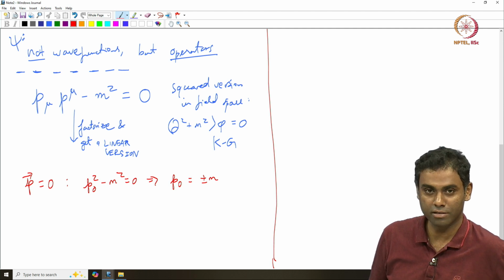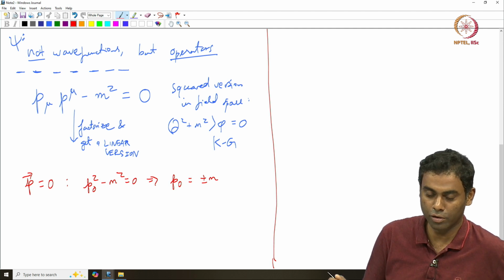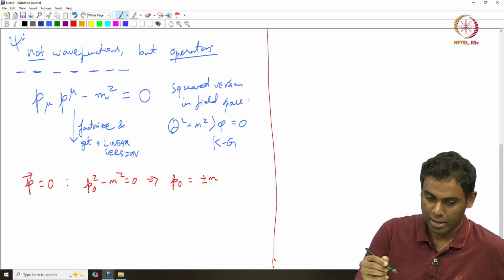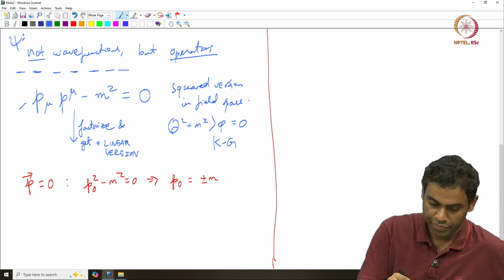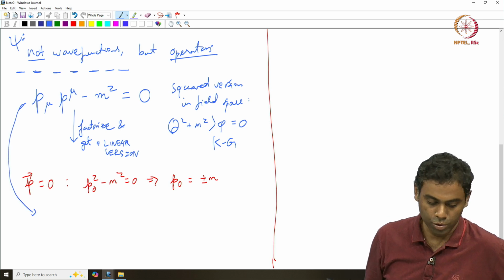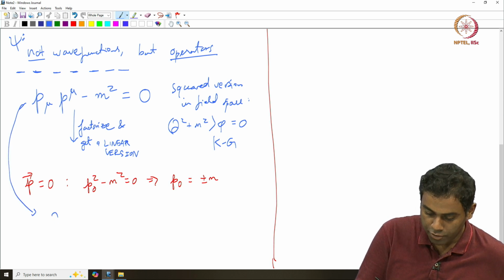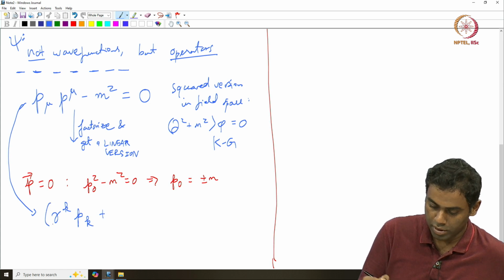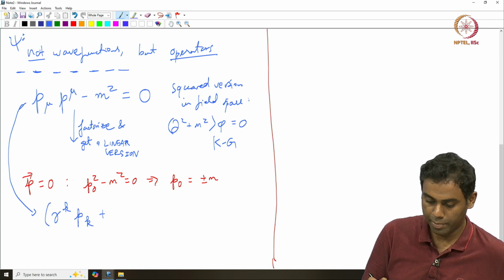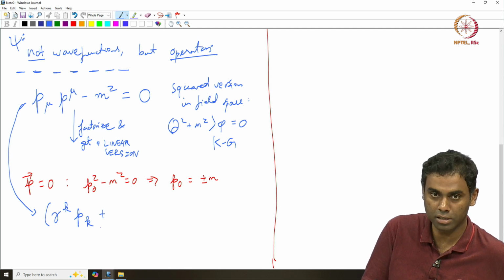But what about the general case? What if I want to keep it Lorentz invariant? So, generally I still have this, but here is something I can do. Let me see if I can find a linearized version like this. I am going to use the most generic coefficients I can think of. So, I am going to put lambda k p k here, where repeating indices are summed over, like in the Einstein convention,